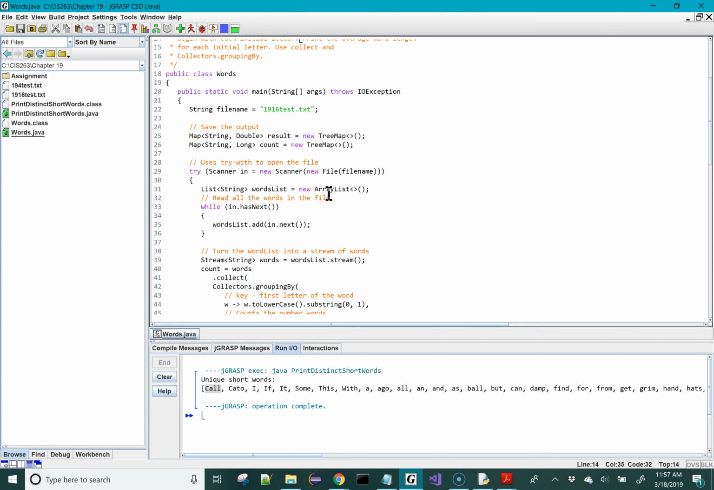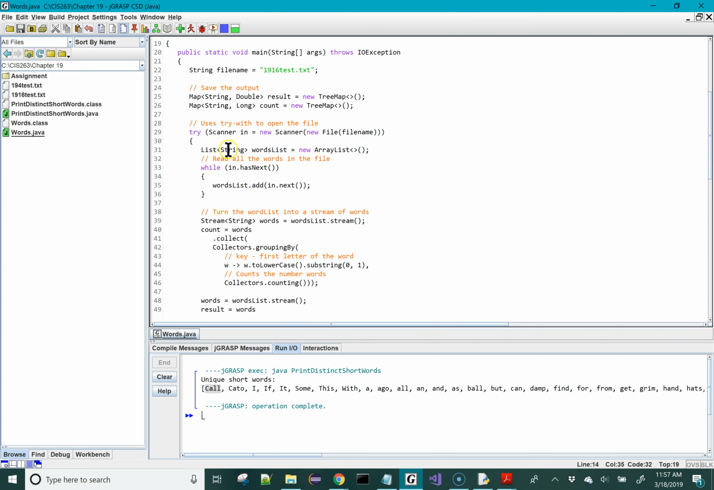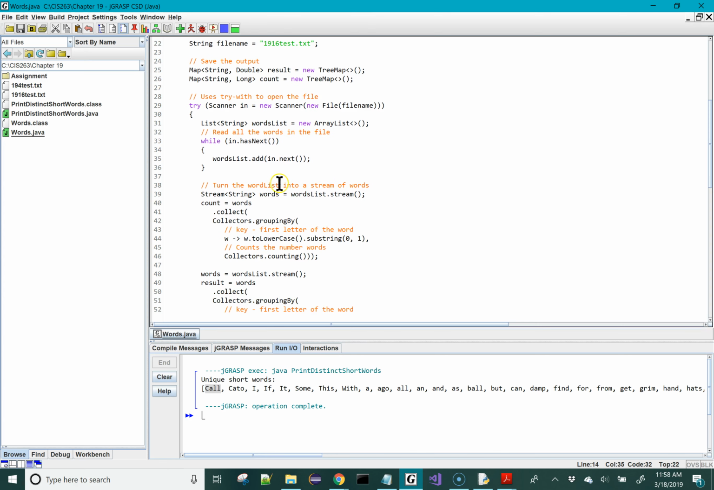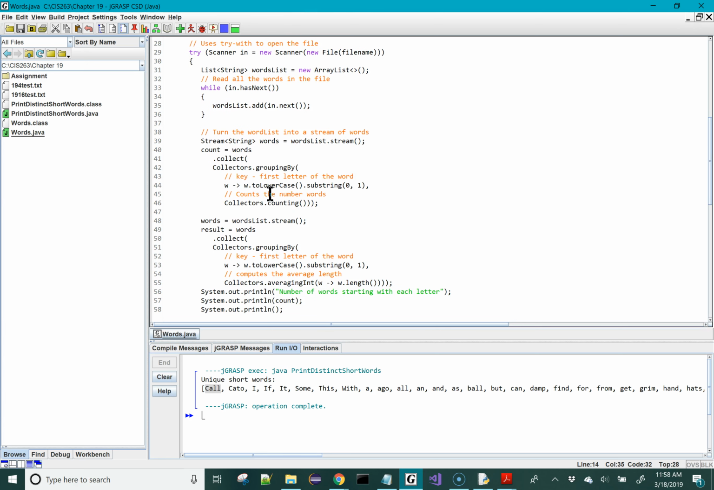So what we're going to do is use try-with again to open up our file, and then read all the words in the file and save them to an array list. And then we're going to turn the word list into a stream of words. So we'll turn it into our stream, and then we'll set count equal to our words, and then